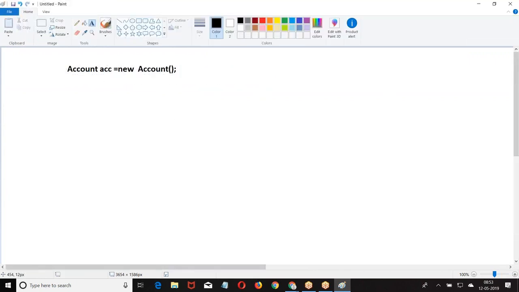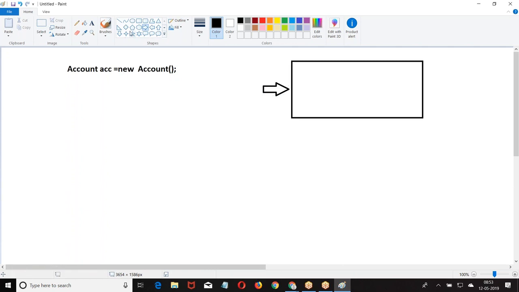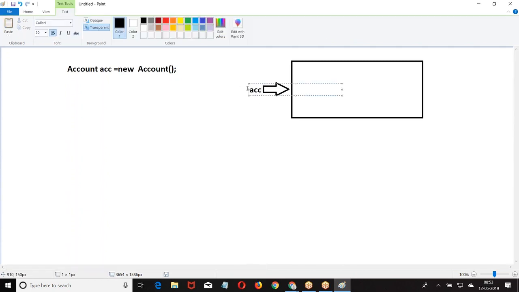In general, what is the point of your object creation? What is the meaning of this? New is allocating memory, and that memory is referred to by a variable called ACC. For your understanding, I am assuming this is a location of 1000. The address location is 1000, and ACC is referring to the address location of 1000. Internally, we call it a hash code, but to make it simple, ACC is referring to the memory which was allocated. New allocated the memory. Where is that memory? We don't know. So if you want to refer to the memory, we create a pointer to the memory. This memory is referred to by ACC.